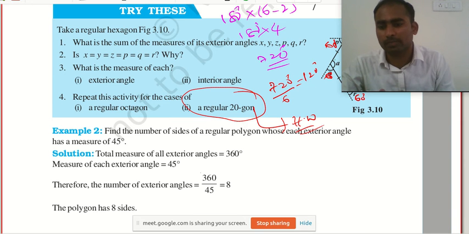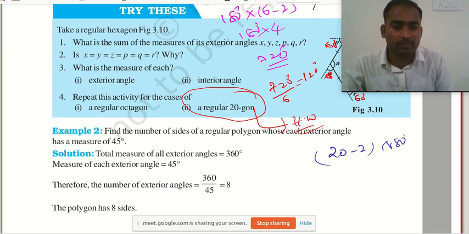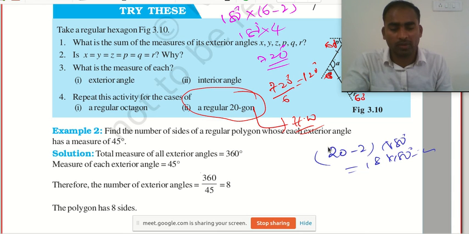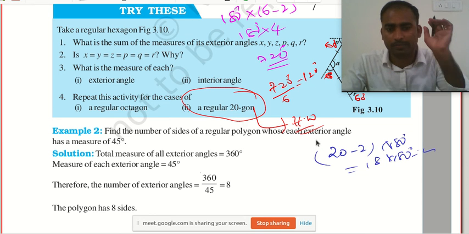See, it is simple. Now I can tell you. It has 20 sides only. So 20 sides means what is the total angle? 20 minus 2, multiplied by 180. That is 18 into 180. This is your total angle. Now after getting that, you divide by 20. Why? Because you have 20 angles. So you will get one angle. And after that you can subtract it from 180 degrees. You will get the exterior angle.